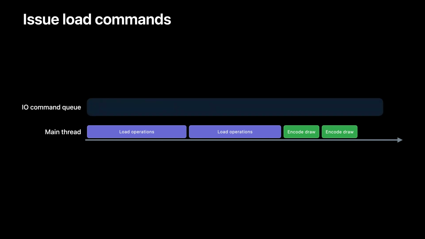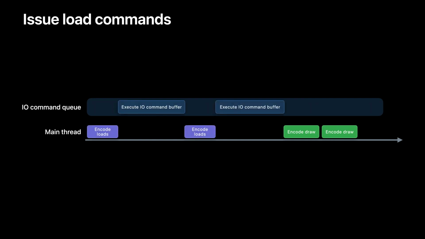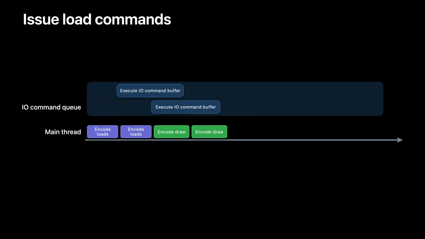Start by creating a Metal IO command queue. Then use that queue to create IO command buffers and encode load commands to those buffers. However, as command buffers execute asynchronously on the command queue, your app does not need to wait for the load operations to finish. In fact, not only do all commands within an IO command buffer execute concurrently, IO command buffers themselves execute concurrently and complete out of order. This concurrent execution model better utilizes faster storage hardware by maximizing throughput.